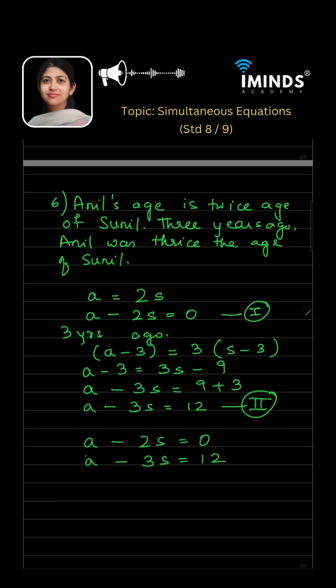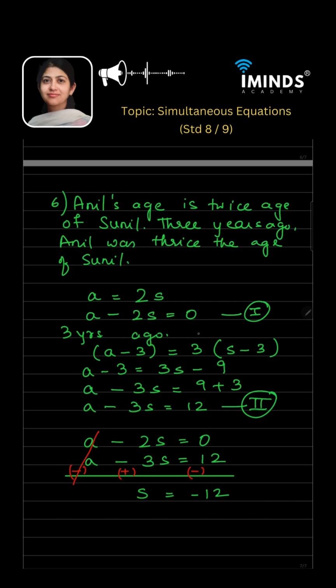So here also what we observe, A और A दोनों प्लस हैं तो हम इसको easily eliminate कर सकते हैं. 1 coefficient है तो हमको multiply करने की भी जरूरत नहीं है यहाँ. So what we will do, what signs? Yes, they are having same sign, so we will subtract. So this minus will become plus, this will become minus. ये A minus A cancel हो गया. So what is left? Minus 2 plus 3, that will give me plus S is equal to minus 12. No, there is some mistake. 1 minute. Let me just check.